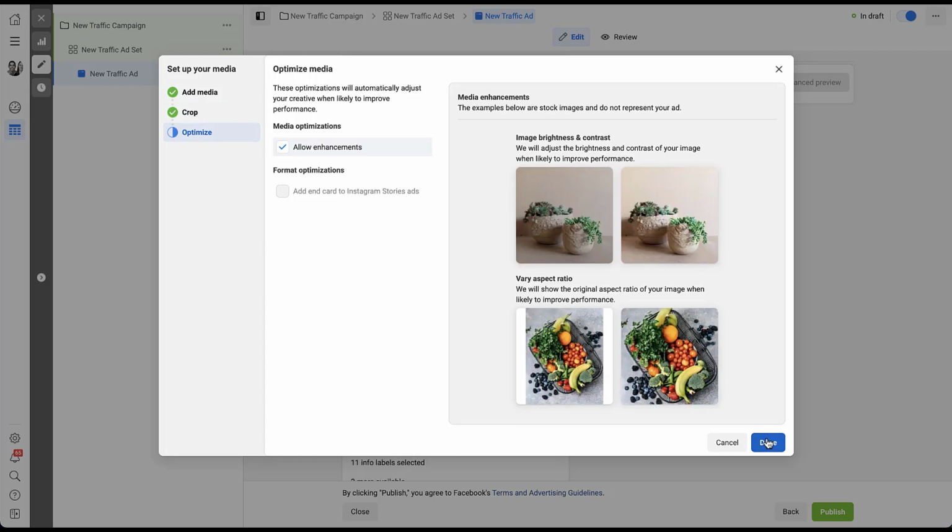Here you get to opt into any enhancements if you want to use that. The two are going to effectively be image brightness and contrast. So you can see this is the original, and this is how Facebook would enhance that image. And then the aspect ratio. So this is the original. You can see there's white space over here off to the side, but in the image off to the side, it'll potentially zoom in on any given image to make sure that they don't have any white